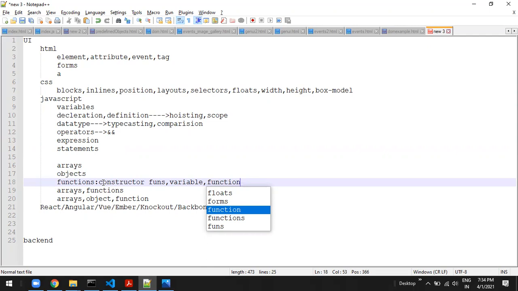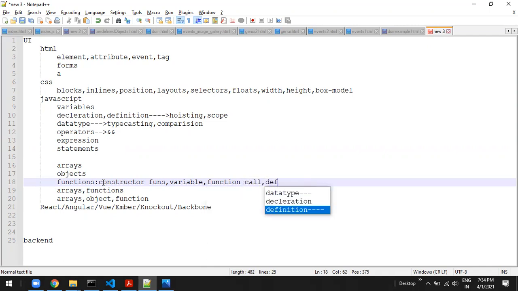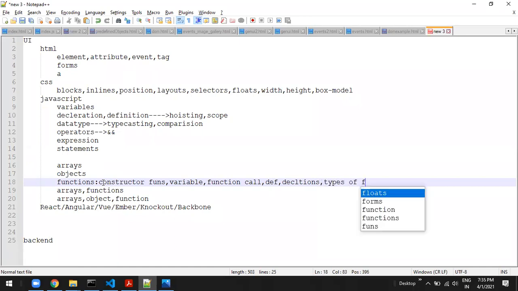So function call, function definition, function declaration. What is the difference between function declaration and constructor function definition? What is the scope difference? What will happen here and there? And types of functions. Then you will understand what a higher order function is, and how you use functions with arrays.